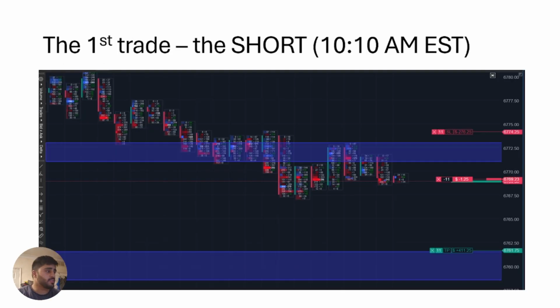This was the first trade I took at 10 a.m. Eastern. I'm just going to break down this trade. My entry was at, as you can see, 67.69, stopped